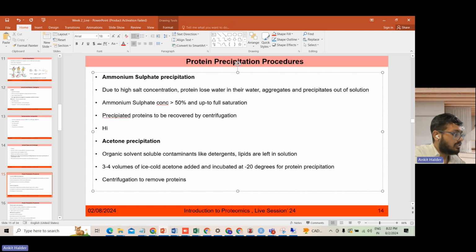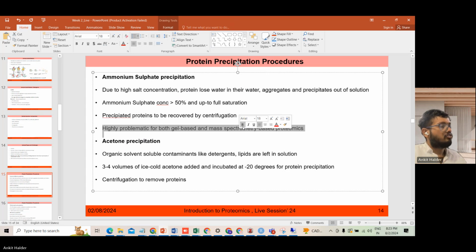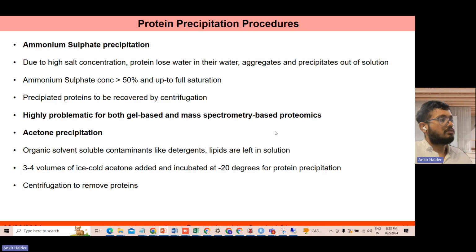It is highly problematic for both gel based and mass spectrometry based proteomics, right? So this is highly problematic for both gel based and mass spectrometry proteomics,